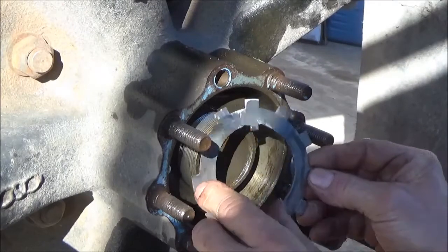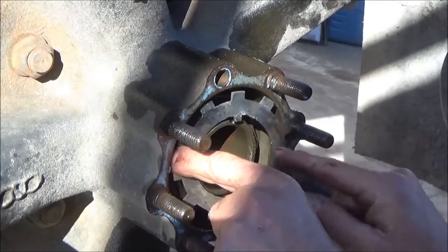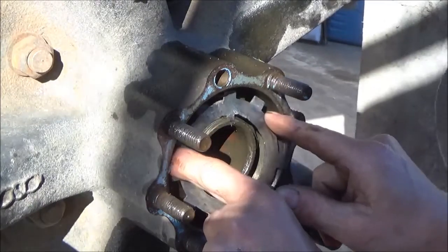Alright, I got that flattened down. I'm going to, that tab that was up there,